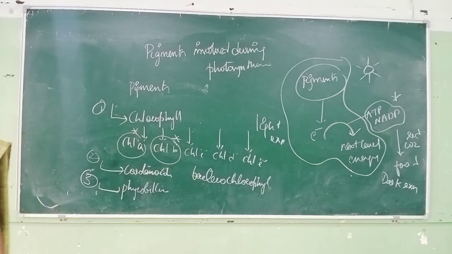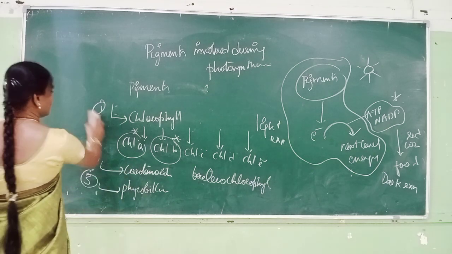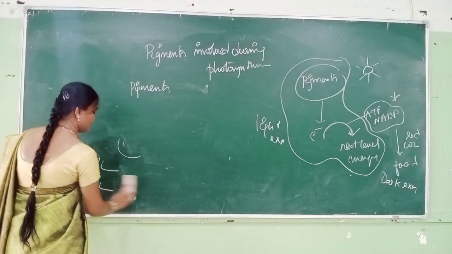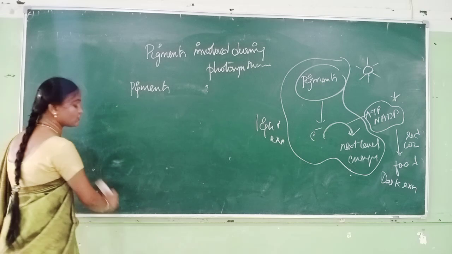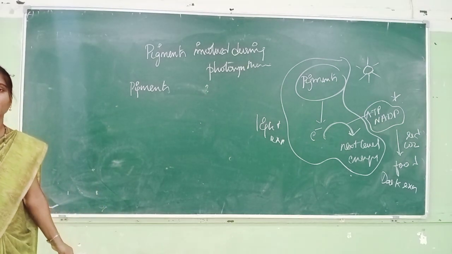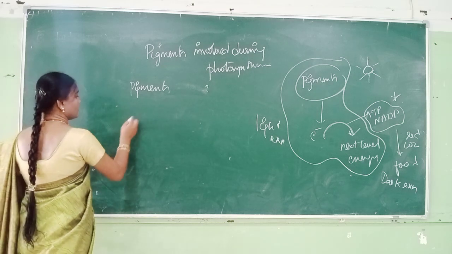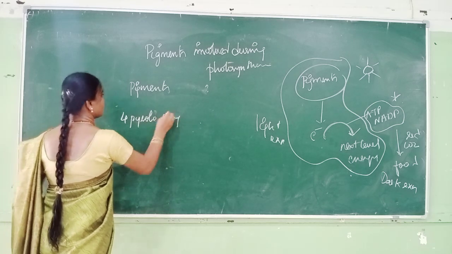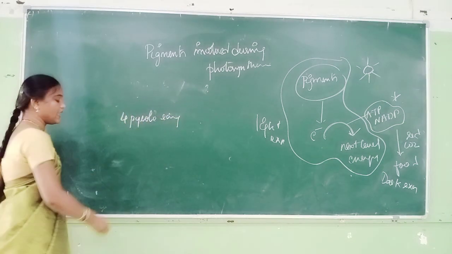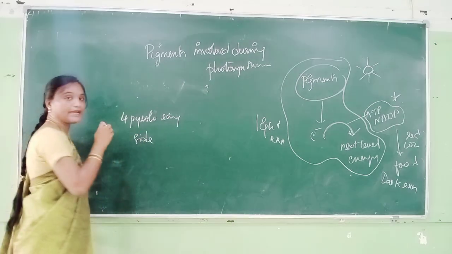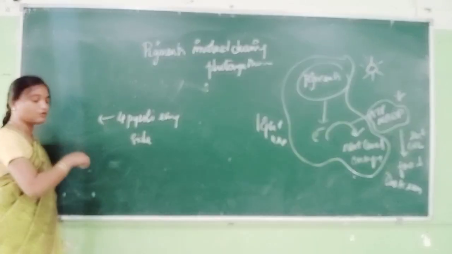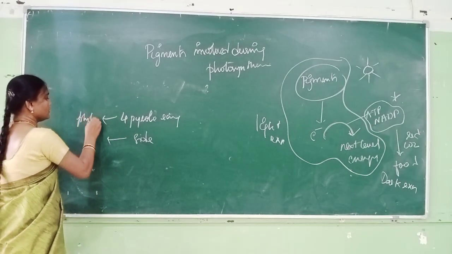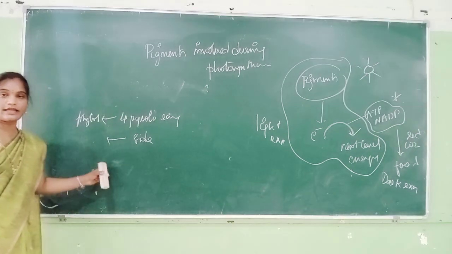Now, we will be learning about chlorophyll. So, what is chlorophyll? Coming to the structural organization, according to the structure, chlorophyll has a 4-pyrrole ring. It contains 4 pyrrole rings and a side chain. It has a head and a tail. The head has 4 pyrrole rings and the tail is nothing but the side chain. The phytol ring is the head and the side chain is the tail of your chlorophyll.